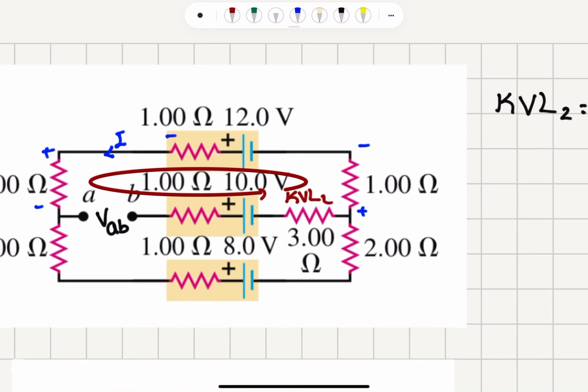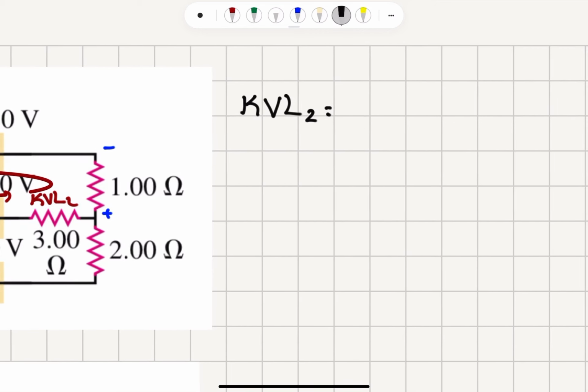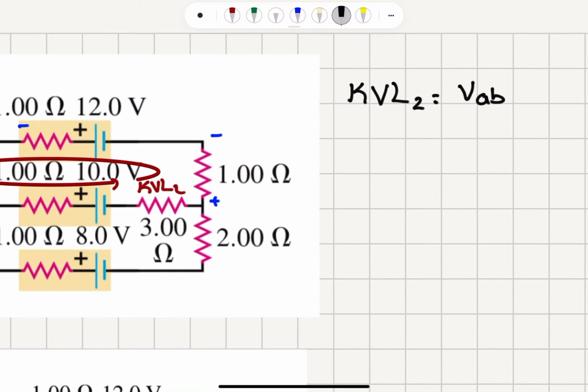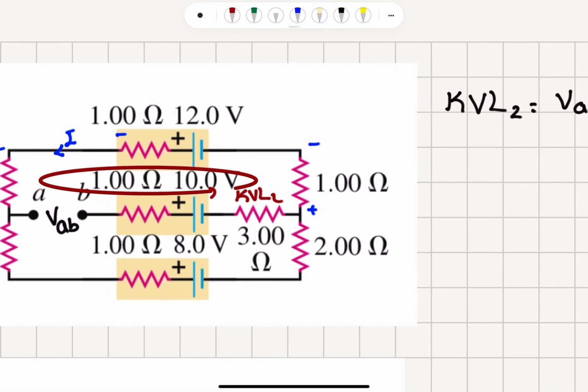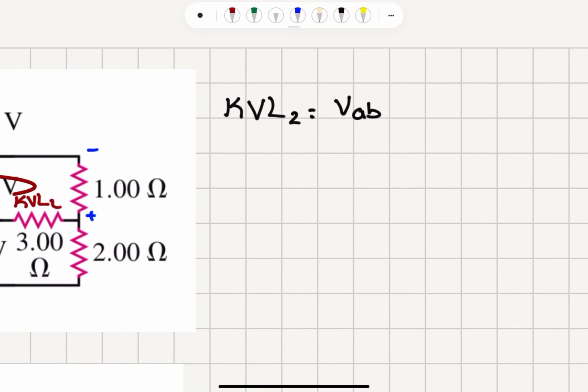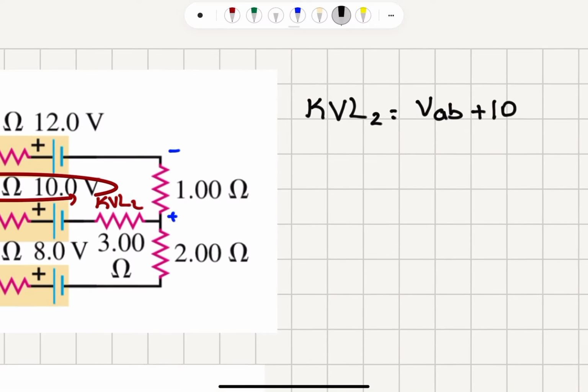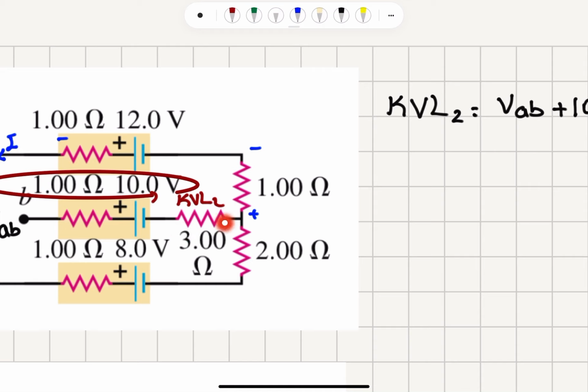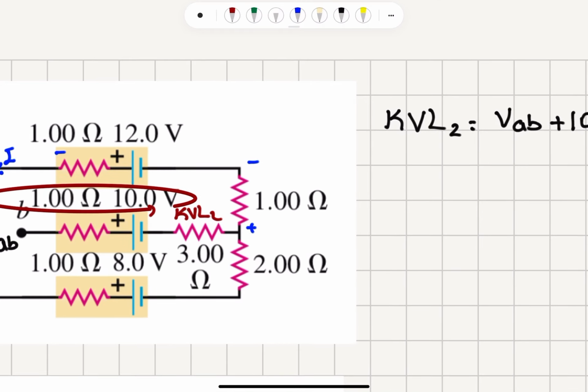So let's start at point A. I'm going to encounter the potential of point A with respect to point B, so VAB. Then there is no current flowing through this resistor. There is a 10 volt voltage source here, so I will encounter plus 10 volts. Then I have no current flowing through this, so there's no voltage drop here. There is a voltage drop here, plus I,